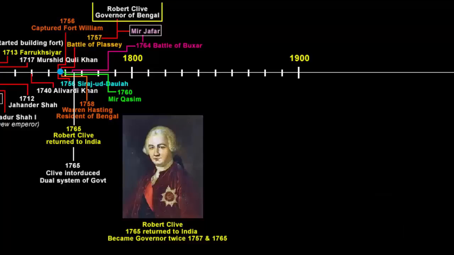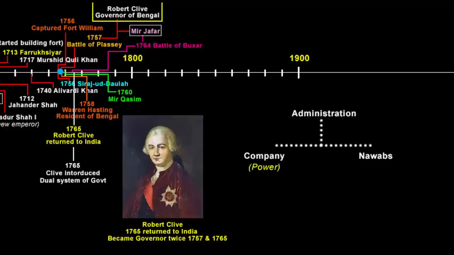In 1765, he introduced the dual system of government for the Bengal province. The dual system of government was a double system of administration, which was introduced by Robert Clive. Under this system, the administration was divided between the company and the Nawab, but the whole power was actually concentrated in the hands of the company. This complex system remained in practice during the period from 1765 to 1772. Under this system, the company undertook the defense and left the civil administration in the hands of the Nawab.